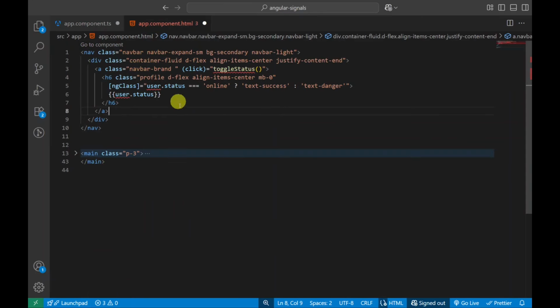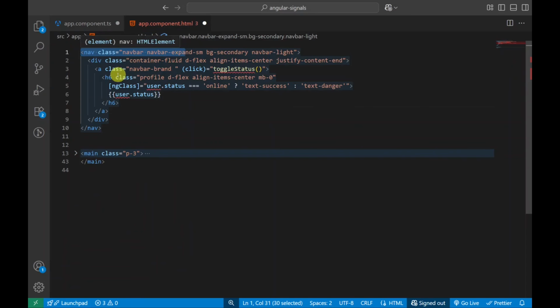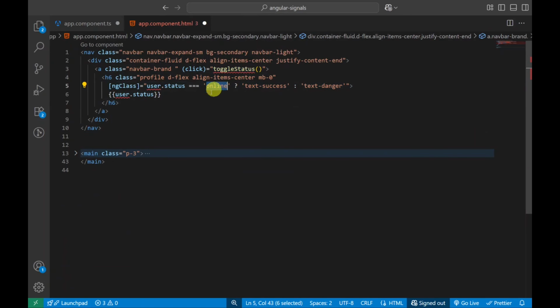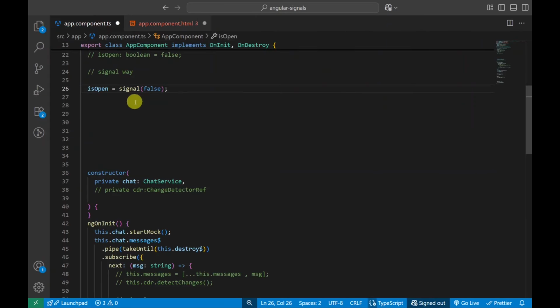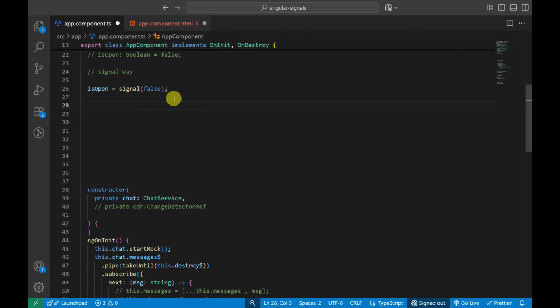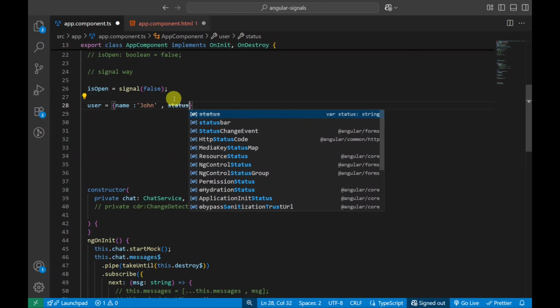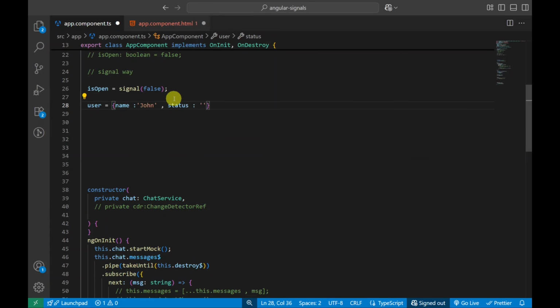Now, our final example is about displaying the status of the user. If you see it, we have an event of toggleStatus, we have ngClass, and we have status to display the user. Now we have an object that's a user with the name John, and status is, for example, online.